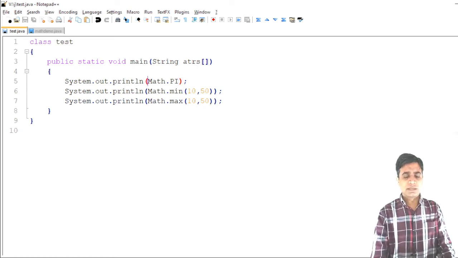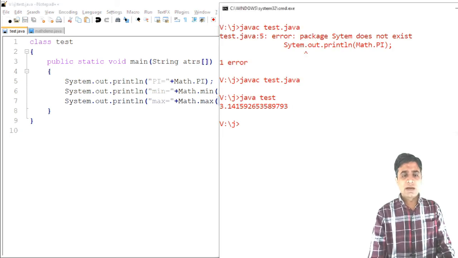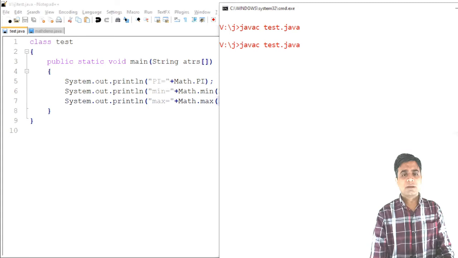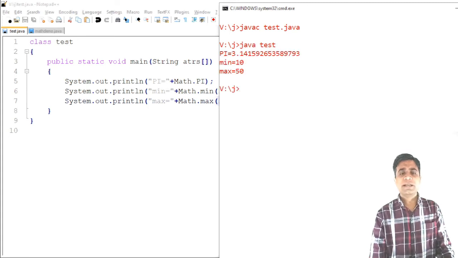I am writing all three in double quotes so you can understand the output of the program. Here I write min is equals to, plus is the concatenation sign, and max is equals to. Now if you run this code again, you can see the output: 3.14, minimum value 10 and maximum value 50.